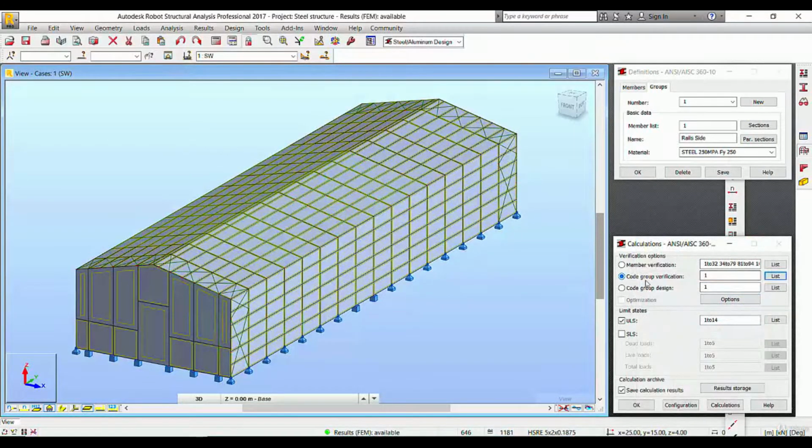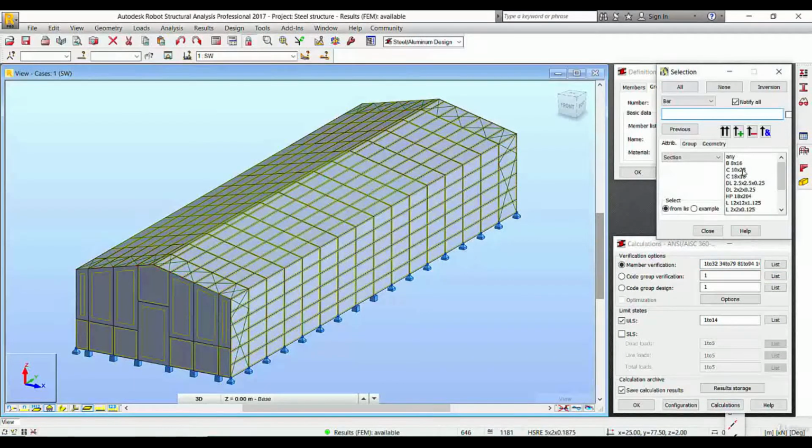Okay, for the group verification, call the group design, and we want to design under ultimate member verification. Here we want to put groups, rail side,